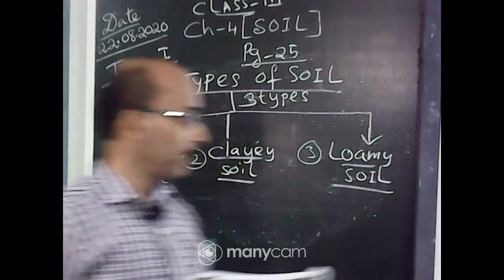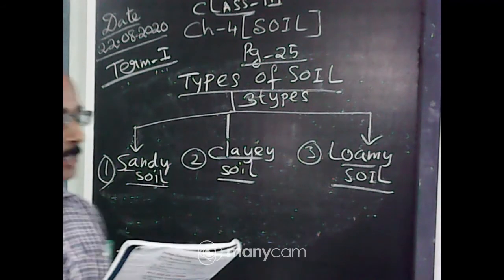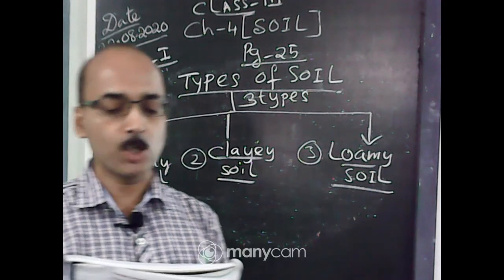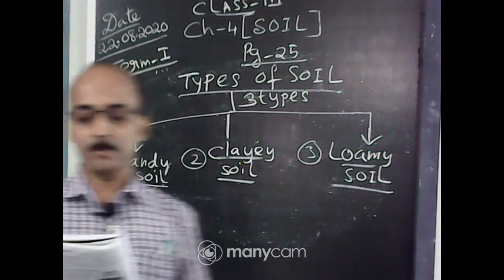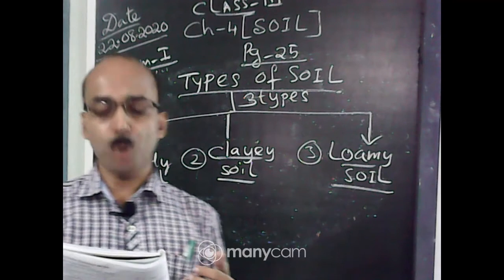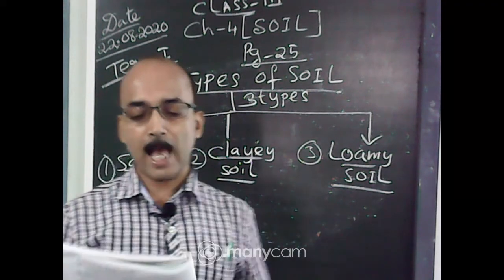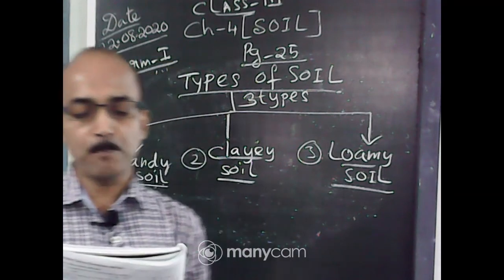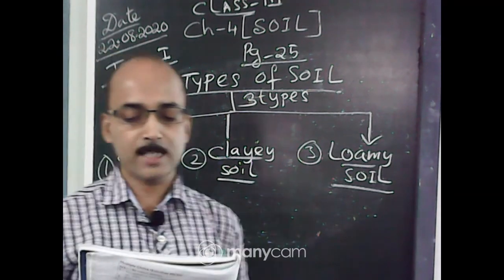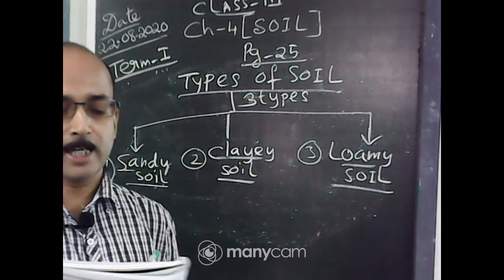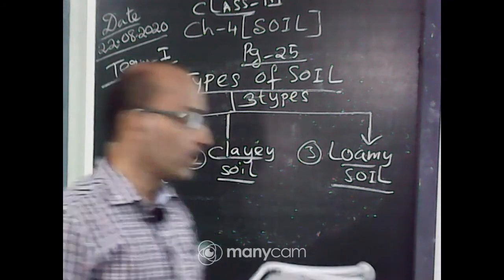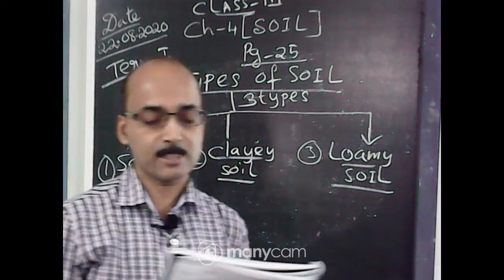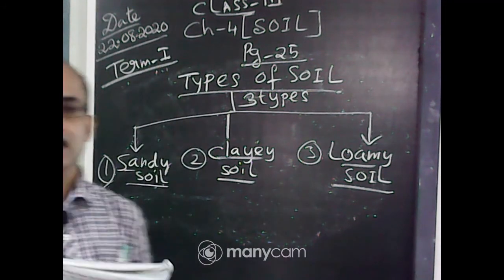It is a good characteristic feature of clay soil. It is used by potters to make pots and toys. Underline this one. Clay soil is not good for plants because there are no spaces between its particles to hold air. So, it is not good for plants. Why? Because there are no spaces between the particles to hold the air.